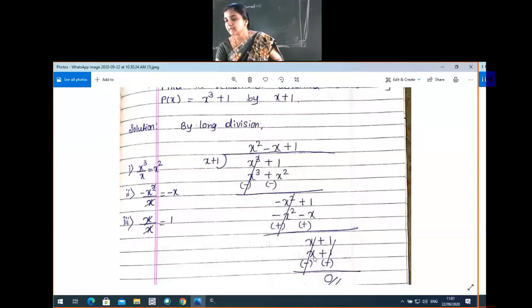So x plus x, we cannot cancel because of the same sign. So what we have to do is apply the sign change rule. In the sign change rule, plus becomes minus, and here also plus becomes minus. Then plus x minus x cancelled. Here we can observe plus 1 minus 1. After the sign change rule, we can cancel the second term also. Plus 1 minus 1 is also 0. What is the remainder now? The remainder is 0. So this is the division of polynomials by the long division method.